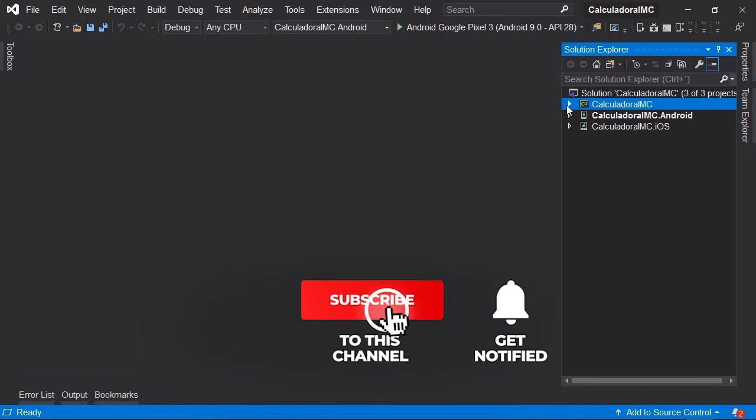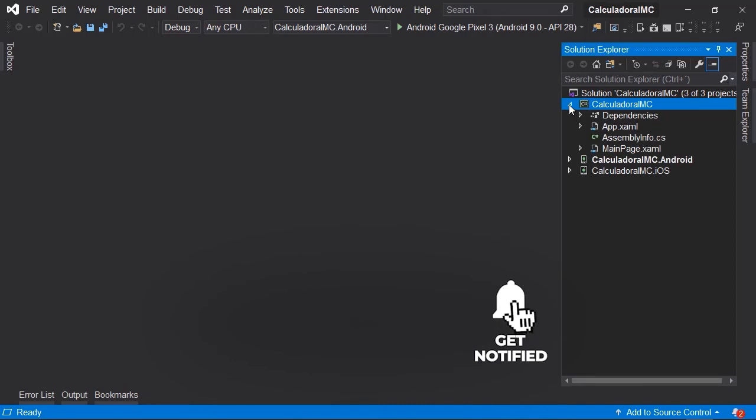Let's expand this project by clicking on this triangle that appears here. And if we look, we have different files that have been pre-created for us, and the file that we are interested in as part of this project is this one called mainpage.xaml. If we click on that triangle, we see that we have here a file